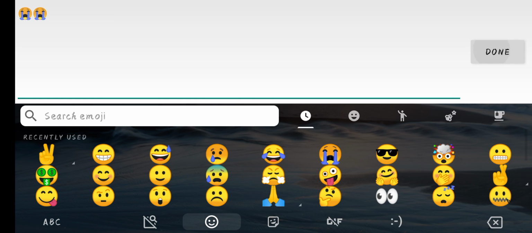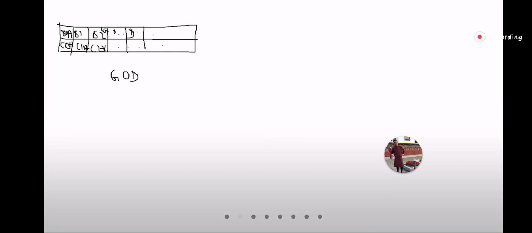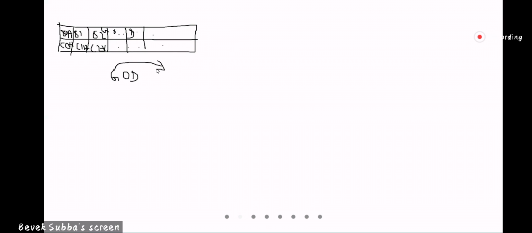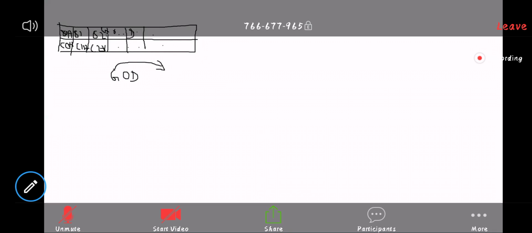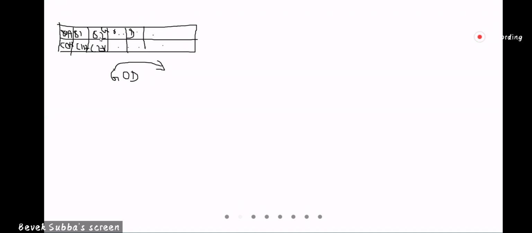In this case, I have to send the ASCII value of G to location 82H.